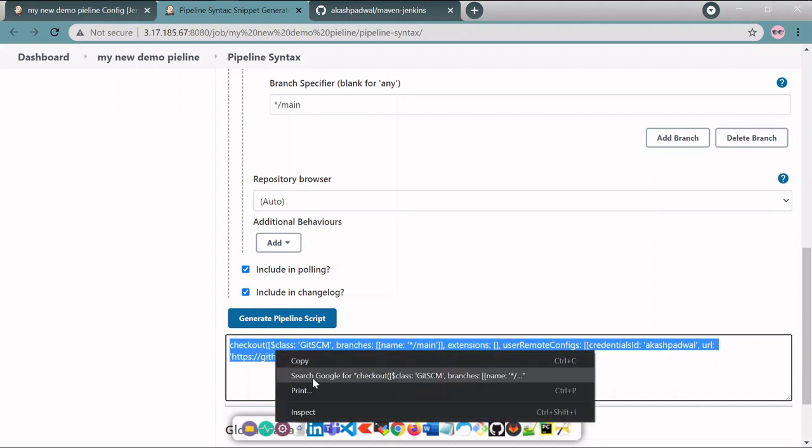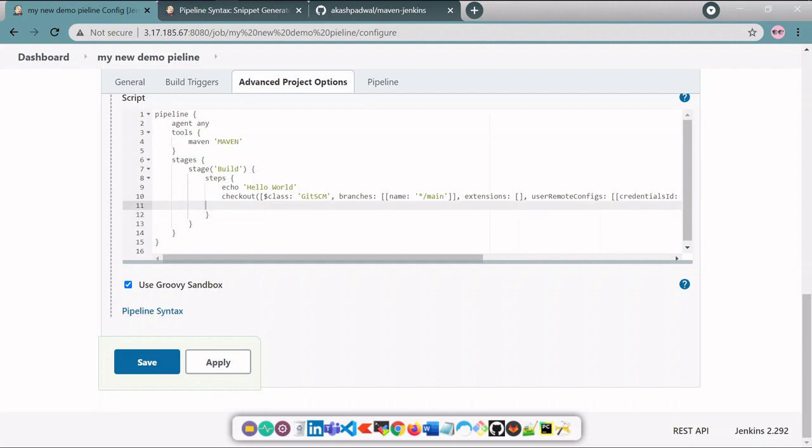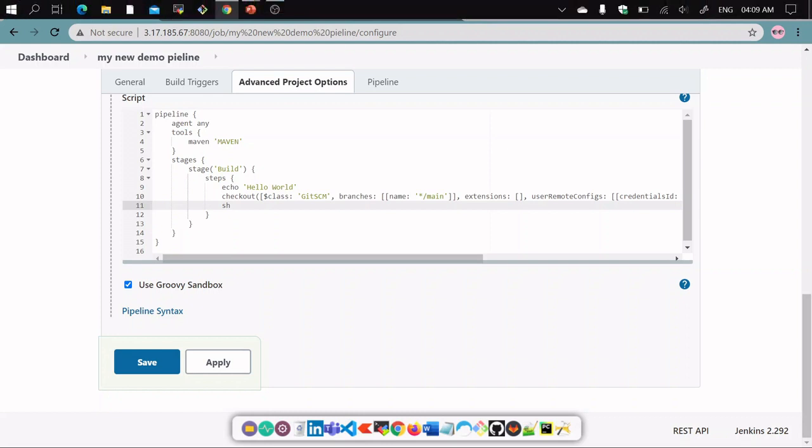So copy this, go to your Jenkins file, simply paste here, and just add one more line to build a Maven: sh mvn -Dmaven.test.failure.ignore=true clean package.